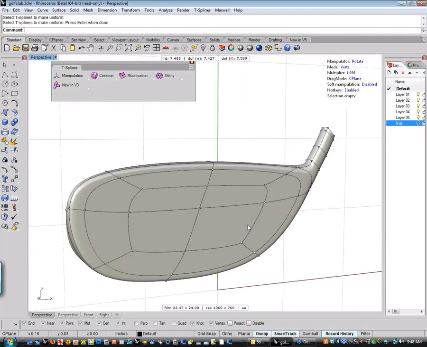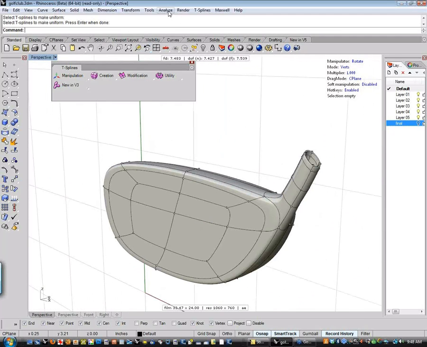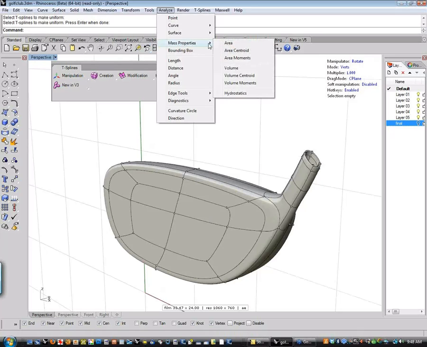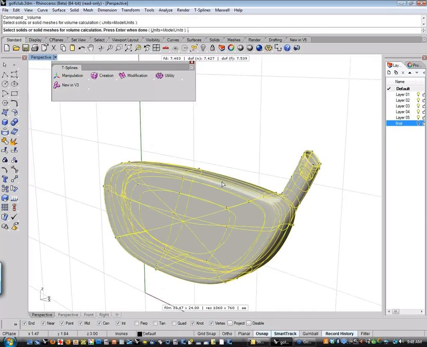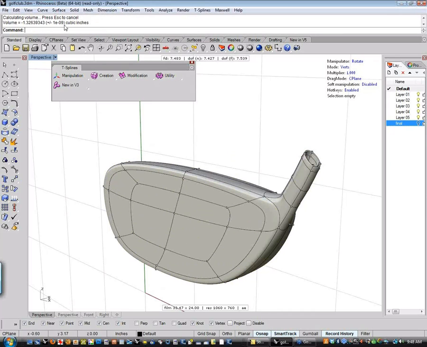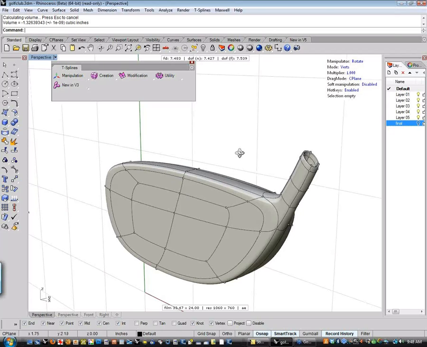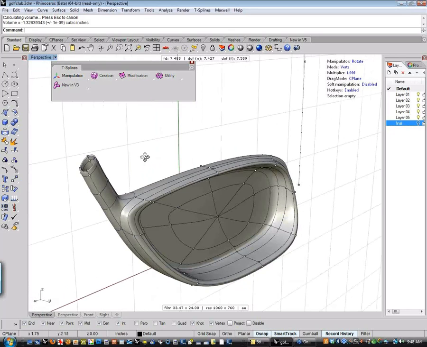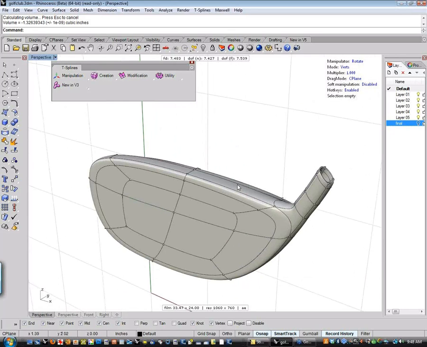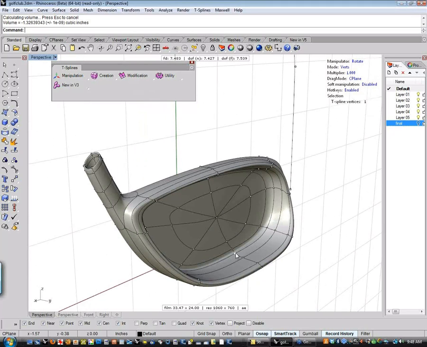So the other cool thing about this model, since it is watertight, all the analysis tools work here, the mass properties. So if I want the volume of this, I can pick it, and it's going to tell me how many cubic inches this is. If I know what the weight of my material is, I can figure out what my shot weight is. And in something like a golf club, where the swing weight's critical, I can take a volumetric calculation. If I needed this to be 1.35 and it's 1.32, then maybe all I need to do is add a little fat right here, rerun the calculation,